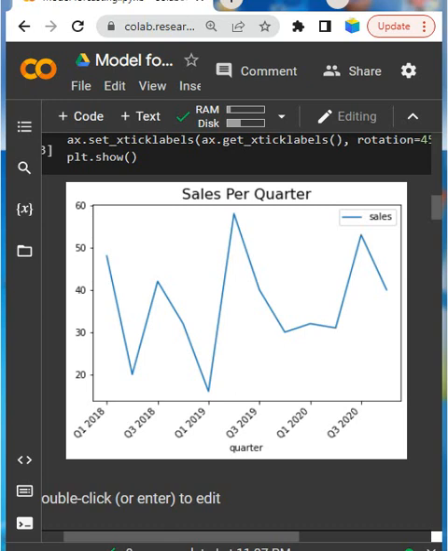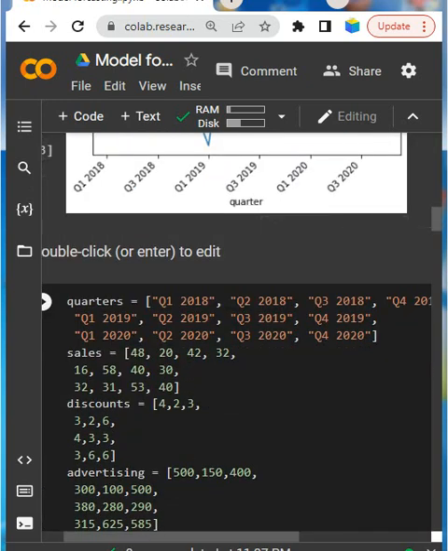So the data has been updated with two explanatory variables, one is the discount and another is the advertising budget. Both are potential variables that could influence the sales numbers. Then just look here, I have taken the quarter and the sales, which I had already taken. Now I am taking one more piece of data as the discount, and another as the advertising.